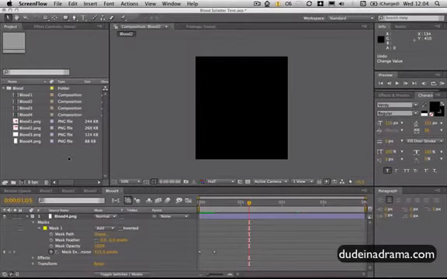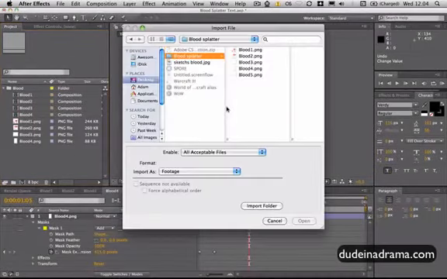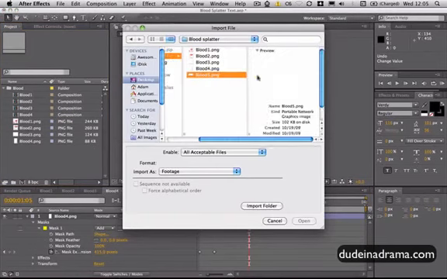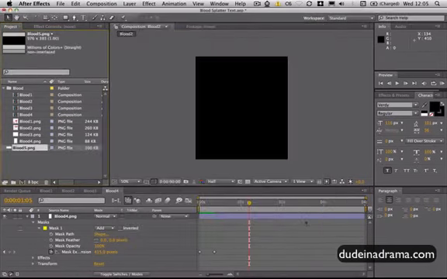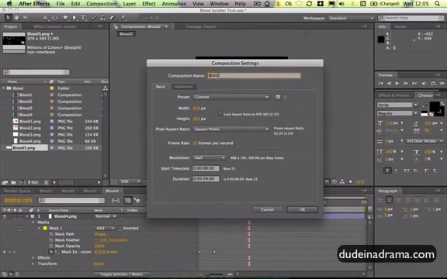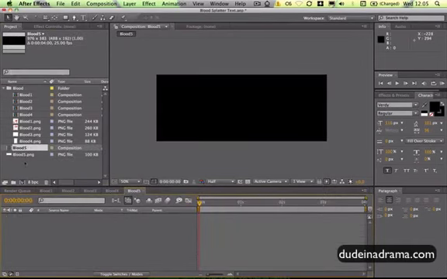I'm just going to import the next one by double clicking in this area and then selecting Blood 5 PNG, and then I'm going to create a composition to put this blood splatter in. I'm going to just match the dimensions, make sure it's square pixel, and click OK. Then just drag that in,